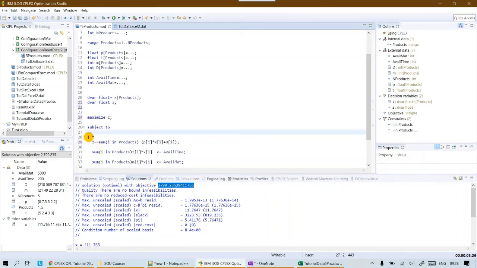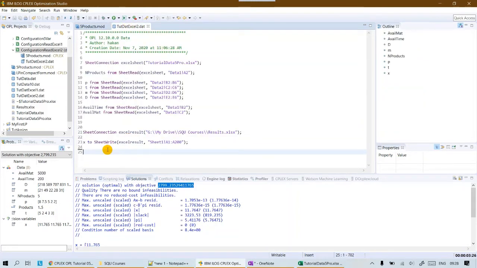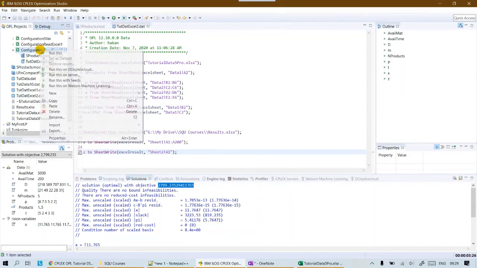But why did I write it in this way? Because if I do it in this way, here I can say z to sheet write. Okay, I will copy this part over here. Z to sheet write, Excel sheet. I'm going to write it into sheet 2 and A1. Okay, only single value. Now if I run the model,